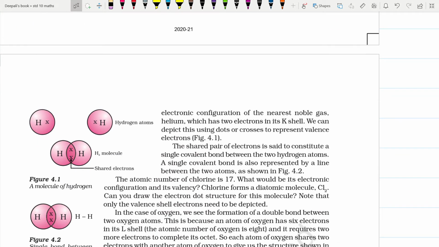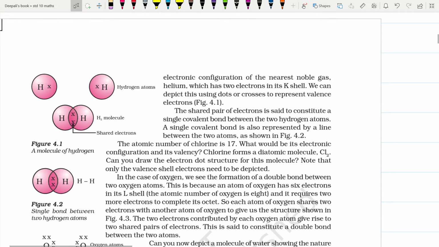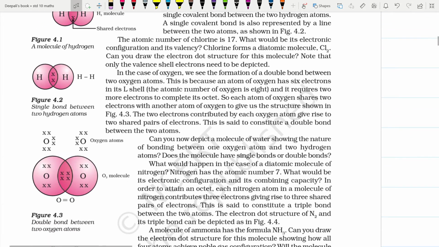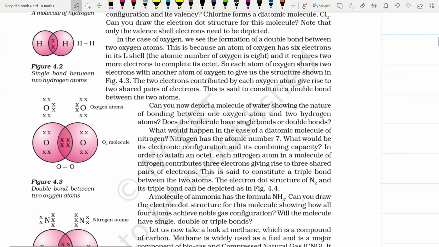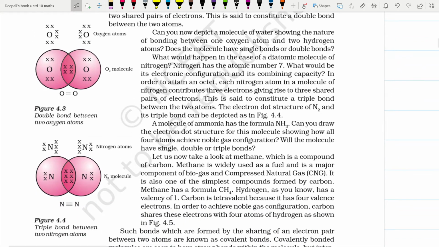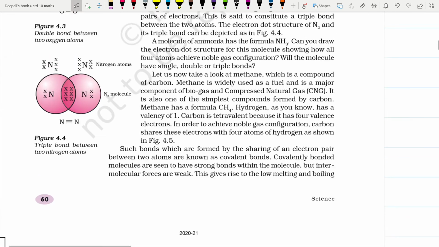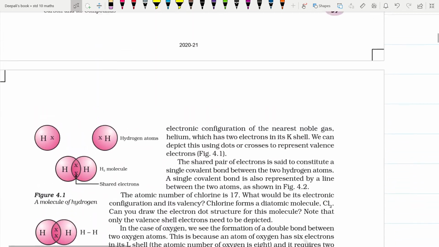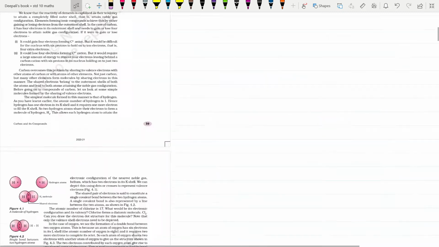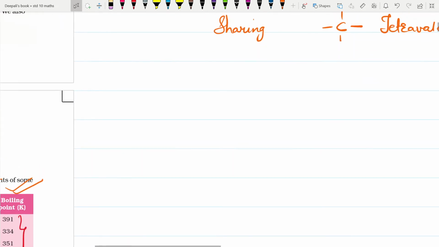Then we will be understanding about the chlorine atom, oxygen atom, water molecule, and the NH3 and N2 molecule and methane. So now in H2 molecule, if you try to observe, then the electronic configuration of hydrogen,